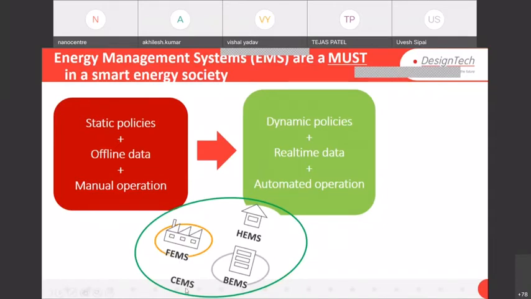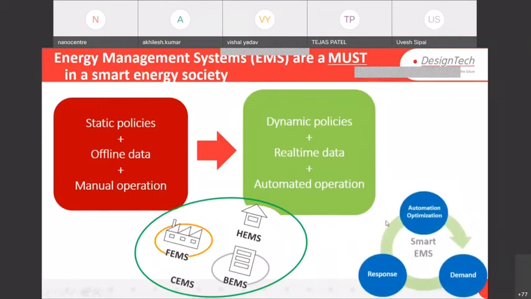It can be a factory energy management system. It can be a community energy management system. It can be a building energy management system. In buildings, it can be hotels as well, or it can be your personal home energy management system. Any kind of system you have, you can convert your complete building into a smart IQ, smart home, smart building to do that task. And all this is very important, that it has to be in a flow: demand, response, and automatic optimization.